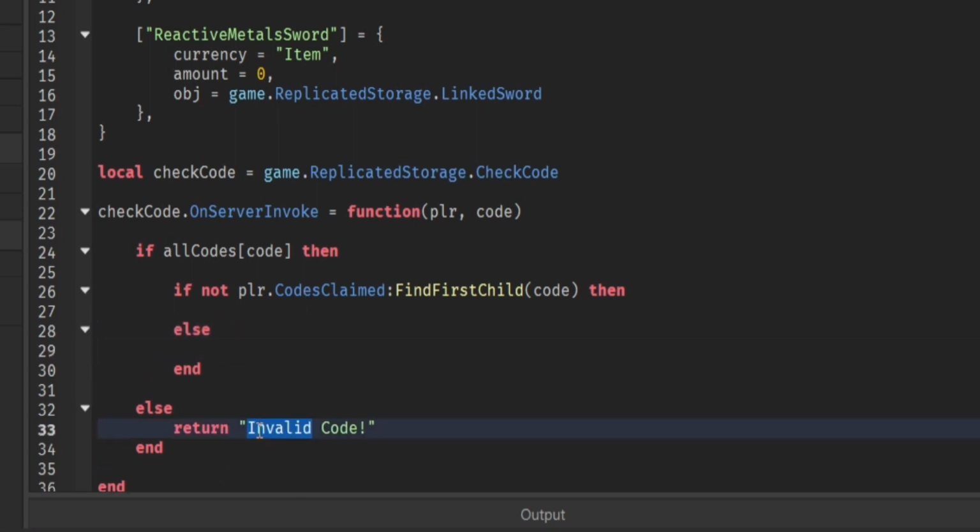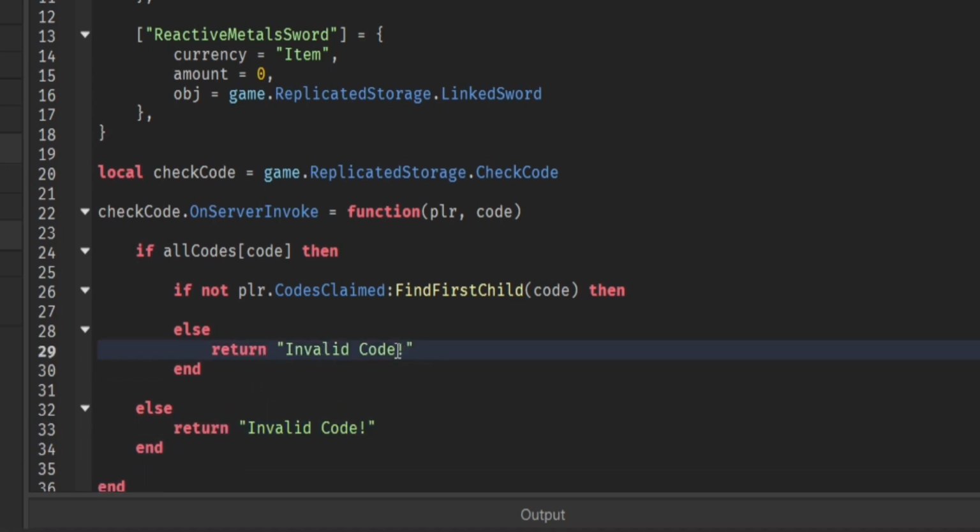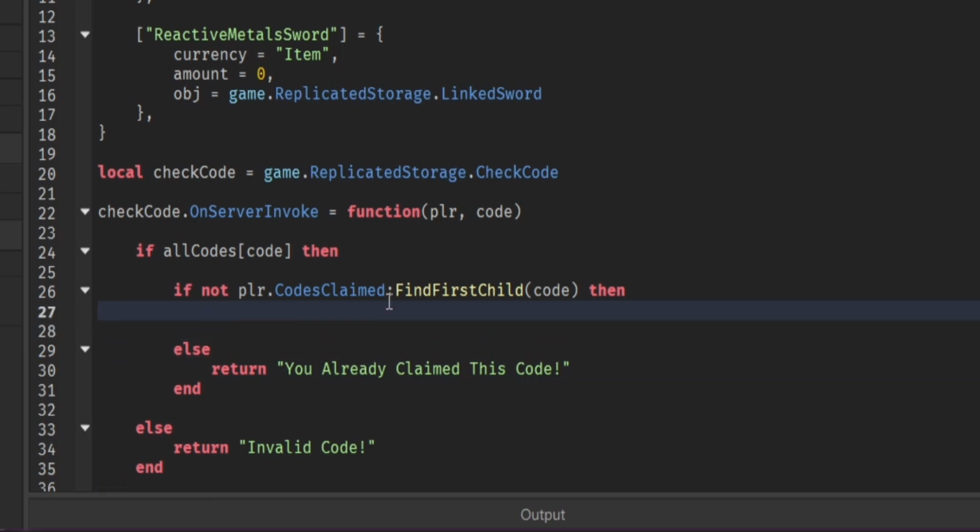Else we will return another message, and then we'll say you already claimed this code. Otherwise, we can continue, and then we can reward the player. So what we'll do,